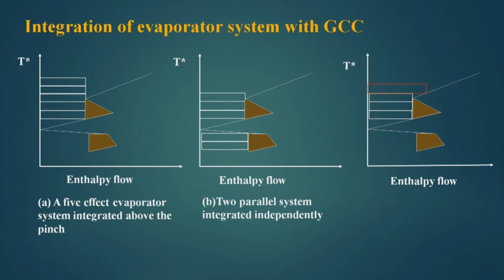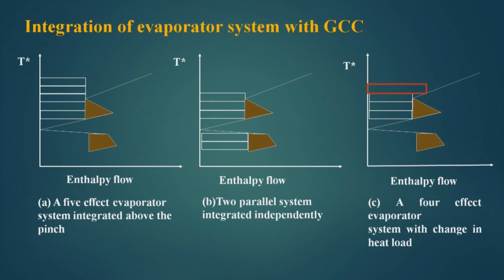Or what I can do is take this 5 effect evaporator system and make 3 effects of the same size and the 4th effect a bigger effect. So, a 4 effect evaporator system with change in heat load. By doing so, I can also integrate it with this GCC. So, these are some methods which can be employed to fit the evaporator system with the GCC of the process,